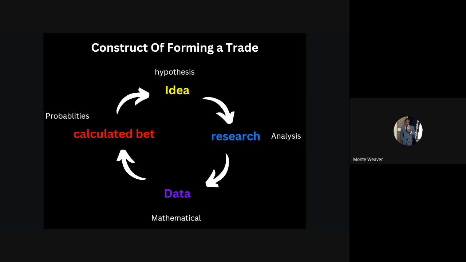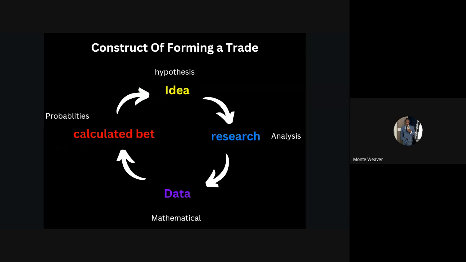But when it comes to the market, you need to have an idea. So you need to have a hypothesis. This is going back to science, the regular things that we learned in school. Then you have to have research behind it. So you need to do some analysis, right? So the idea would be, I think NVIDIA is going to go up or down. I think Intel is going to go up or down. Next, you need to put research behind it and analyze why you think it's going to go up or down.